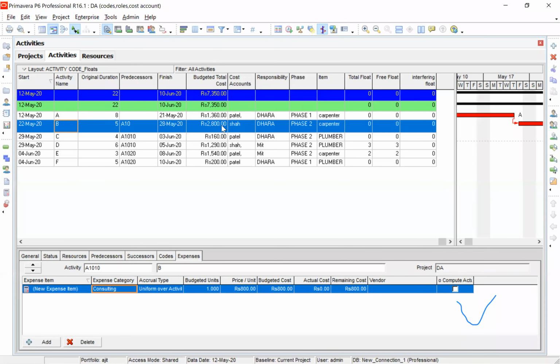How is it 2800? If you go to resource, the resource is 50 into 40, that is 2000. And to that the expense of 800 is added, and that's how you get the cost of 2800. Is this clear, all of you?